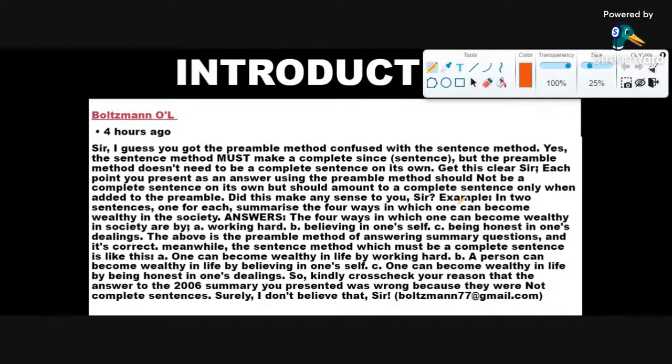And the example question you gave is as follows: in 2 sentences, one for each, summarize the 4 ways in which one can become wealthy in society. Then the answers you give are as follows. The 4 ways in which one can become wealthy in society are by, and then you ended your